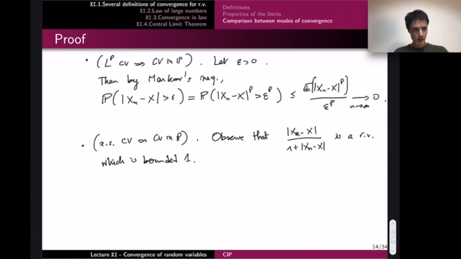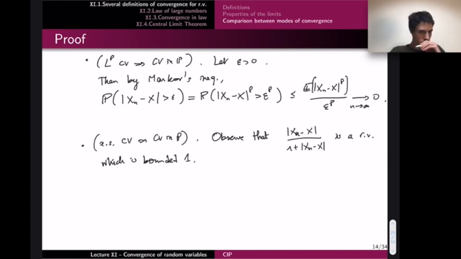Okay, so you probably see where I'm going. If I have a sequence of random variables that is bounded, and I know that this sequence of random variables... look at it. What is this sequence of random variables? I have Xn minus X. I know this quantity goes to 0 almost surely by assumption. So this also goes to 0 almost surely.